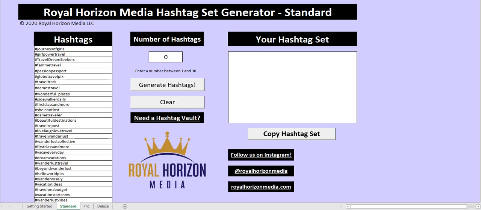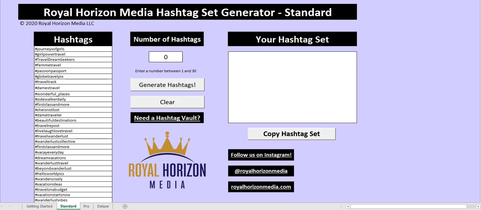So what the generator does is it'll take hashtags that you input, which is shown here on the left side of the screen, and then you'll choose how many hashtags you would like to pull from the relevant group or groups and hit generate, and it'll generate you a randomized hashtag set based on those hashtags that you have chosen to pull from. You're able to pull from either one group, as shown on the standard generator here, 6 groups, which is for the Pro, or 12 groups for the Deluxe.